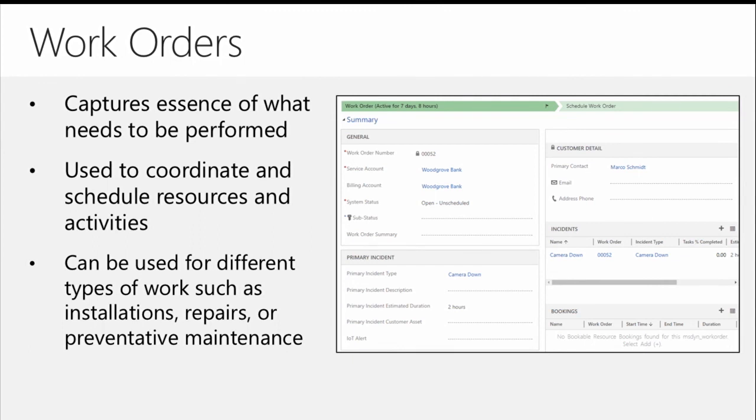So we know that we have a specific work order that is maybe more of an install-based work order versus a work order that's more repair-based, or maybe one that's being created from an agreement that's really focusing more around preventative maintenance. They're all going to kind of contain the same structure. While there might be different types that are defined, they're still going to really contain a lot of the same